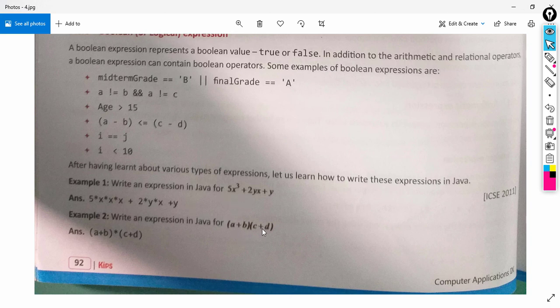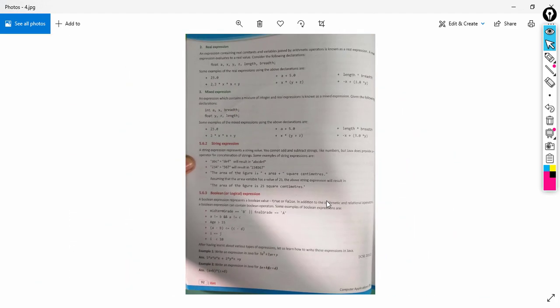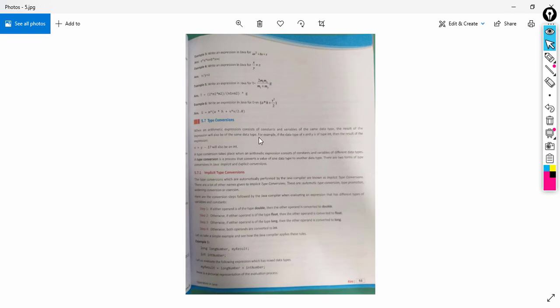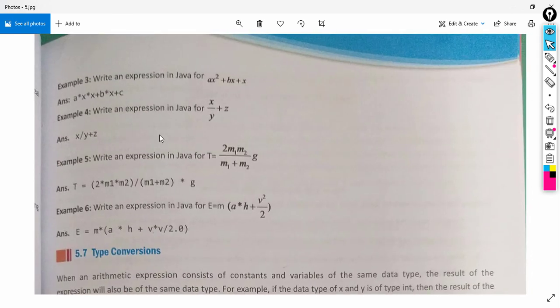Similarly, a plus b into c plus d we can write like this: a plus b in bracket then multiplied by c plus d. This example also we can see. We can rewrite ax square plus bx plus x as a into x plus b into x plus z.